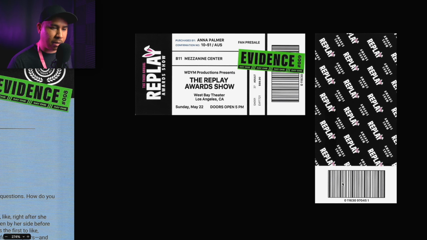And then on the back we have the full barcode here. I don't know if you can scan barcodes the same way you do QR codes, right? They said every piece of evidence is important. So what is this telling us? Not sure yet. All right, let's just move on.